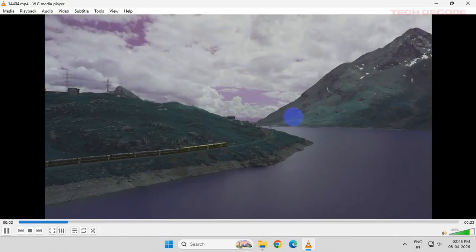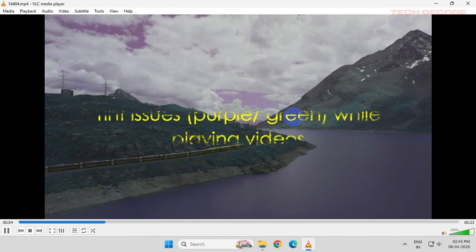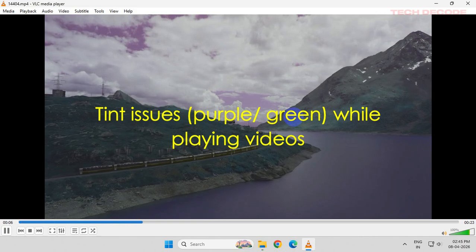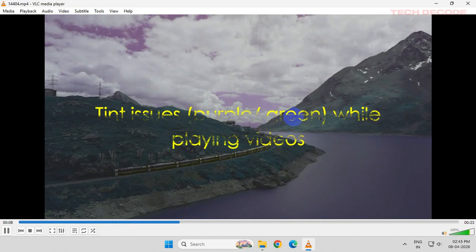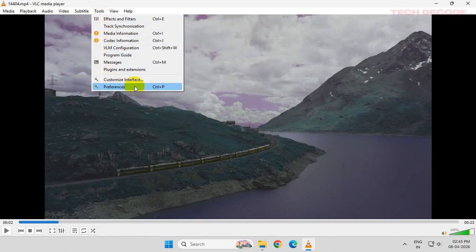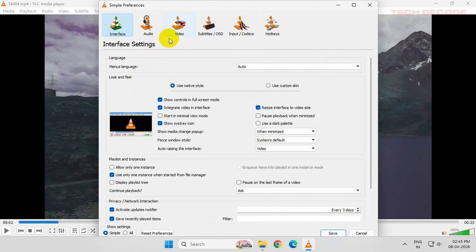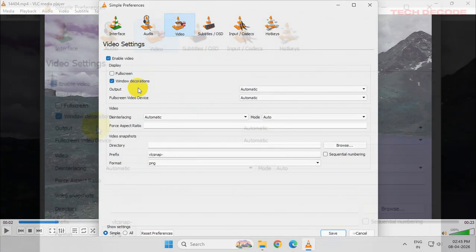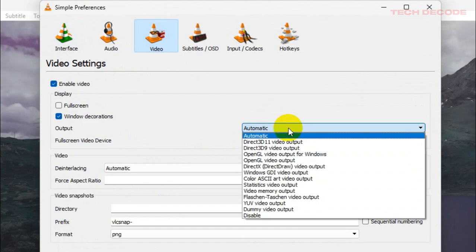Hi everyone, let's see how you can fix tint issues that you get while trying to play videos using VLC Media Player. To get started, click on Tools, then go to Preferences, then click on the Video tab. From here, set the output to DirectX video output